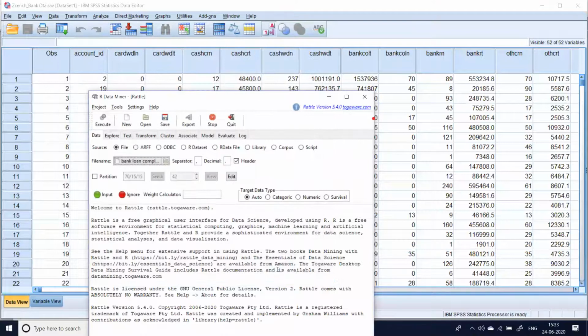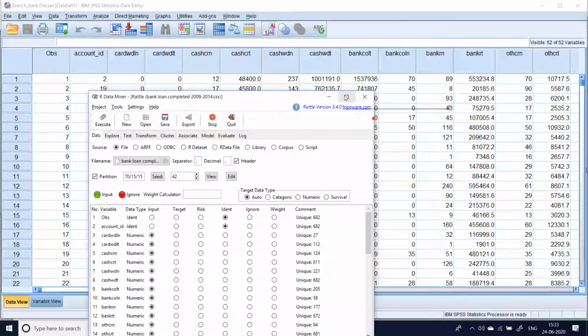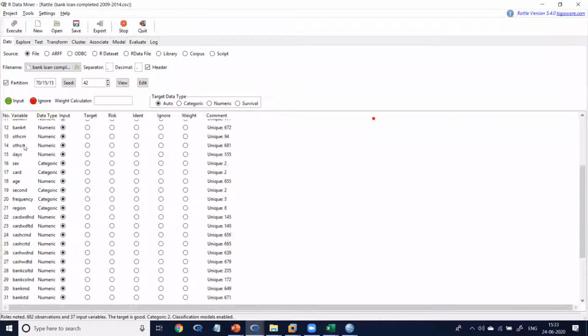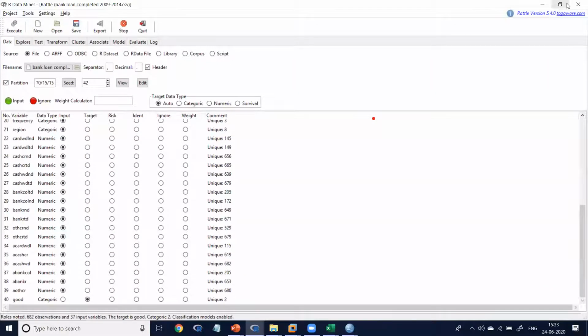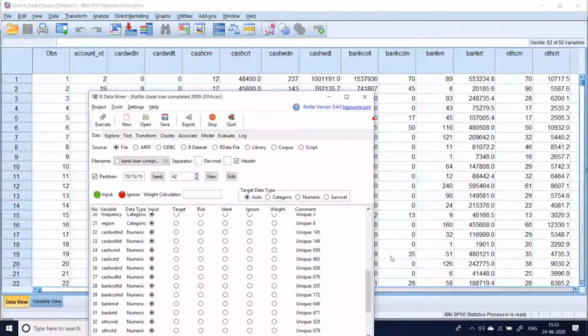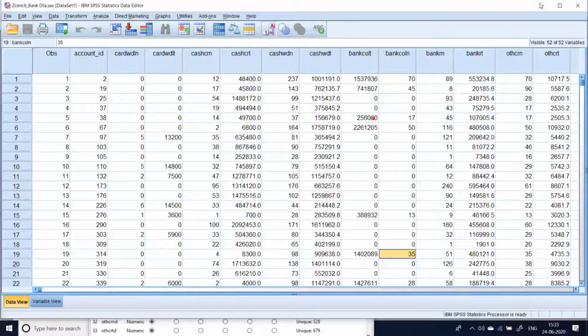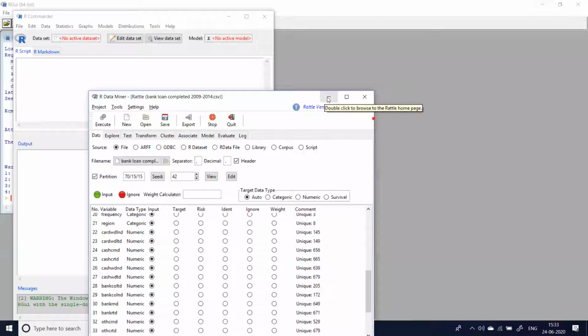I'm selecting bank data. Okay, now the data is also available. Don't get confused by the multiple tools I opened.